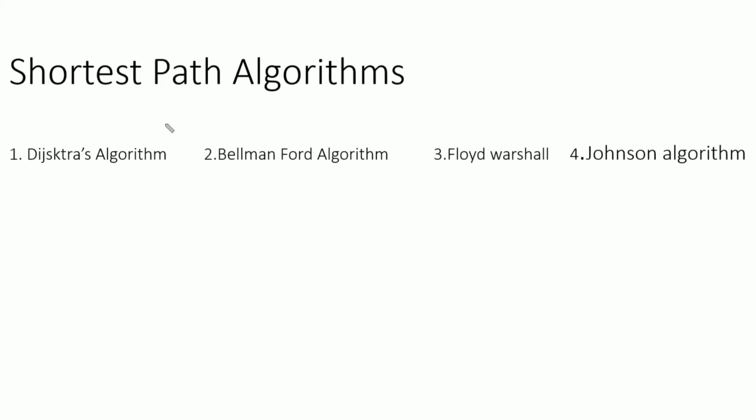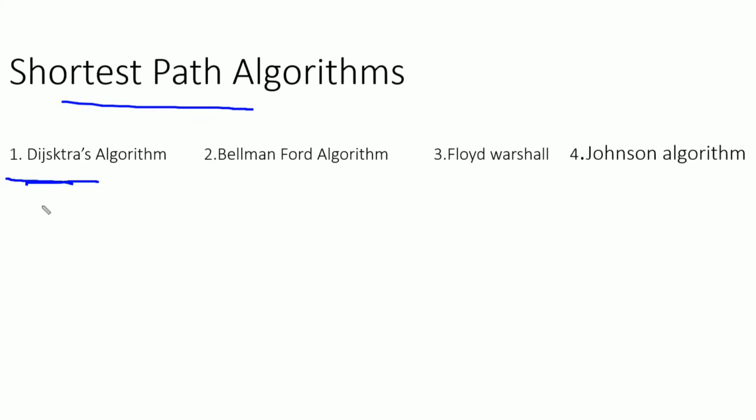In this video, I'll compare all the shortest path algorithms that I have completed in my previous videos. The last four videos were about the shortest path algorithms. I have discussed Dijkstra, Bellman-Ford, Floyd-Warshall, and Johnson algorithm. These algorithms are used to find shortest paths. If we compare them one by one, then after comparing, we'll have the perception about which algorithm is better or which algorithm we can use on a specific problem given to us in order to find the distances.